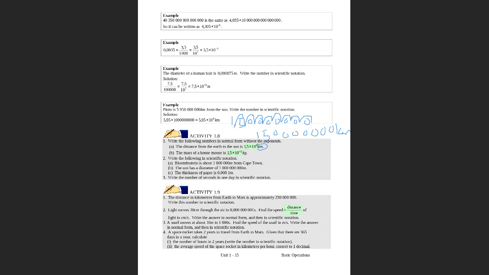Now, the next one says the mass of a house. So we have 1,5. Now the exponent is negative, so that means you're going to move to the left. The first one will come here, first 0, second 0. So it will be 0, the comma is here, 0. So it will be 0,